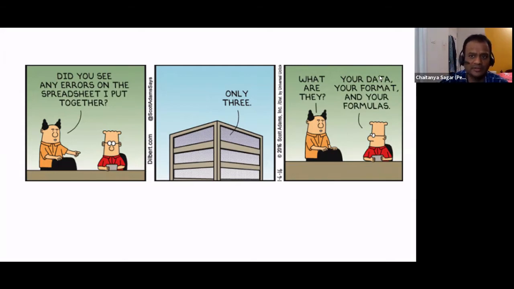Okay, so let's look at the first one. We are still at the first one, analyzing the data and so on. This slightly crosses the boundary of analysis, but at the same time it stays within that also. I'll tell you what I mean by that. What we are going to talk about today is what's called Excel tables.